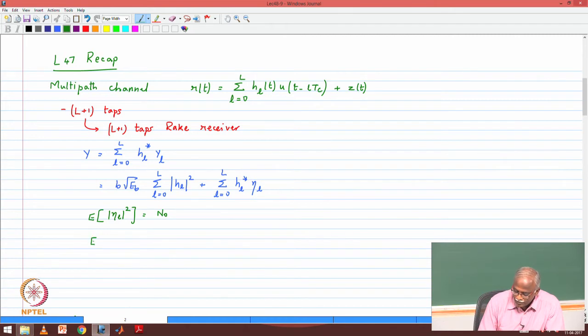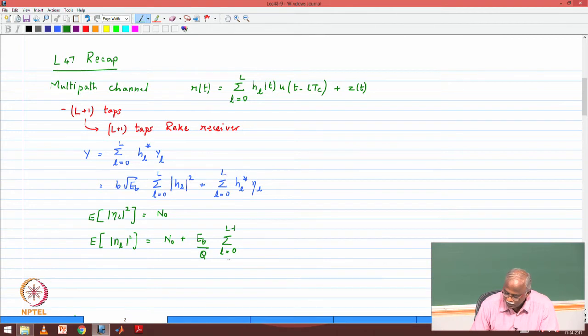So the expected value of n_l squared, where one is eta and the other one is l, will be N naught plus Eb divided by Q times a summation